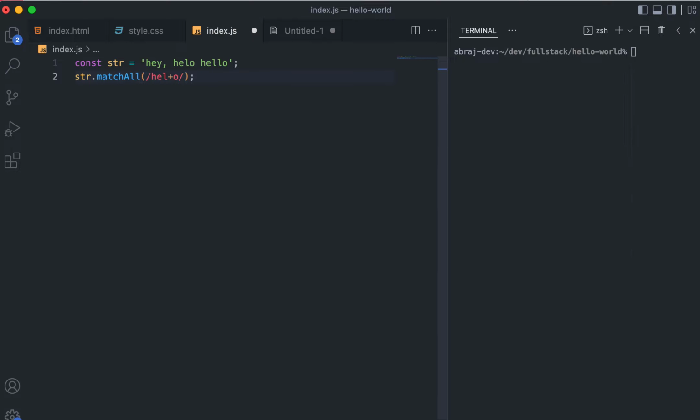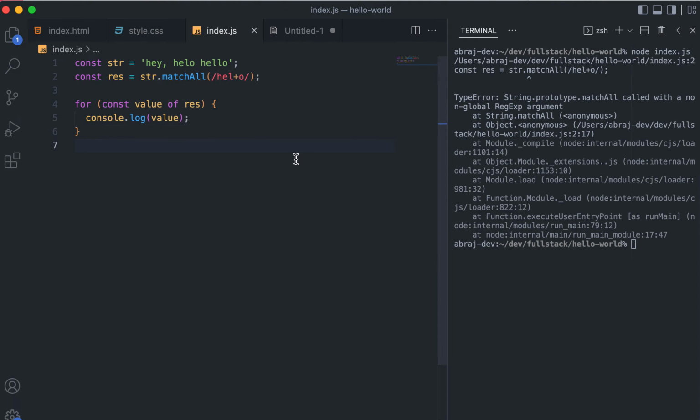Okay, then obviously this result is an iterator, and then we can iterate over this result which is an iterator. And let's say if we console log this,